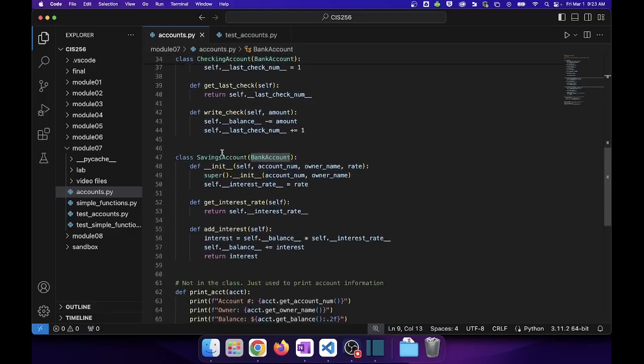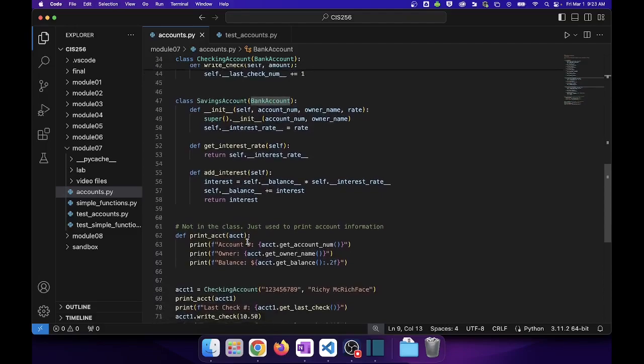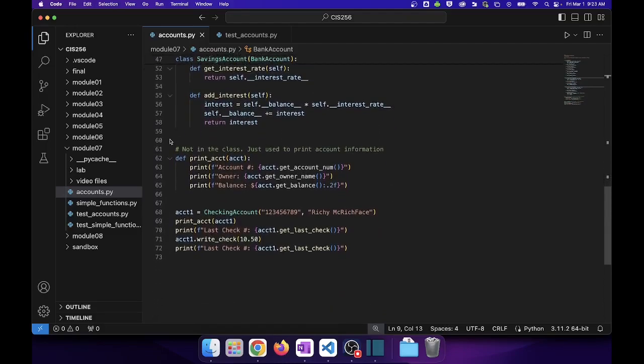And then there's a savings account, which is a bank account that adds an interest rate, the ability to add the interest every month or however often it runs onto the balance. So the details of that aren't particularly important for our purposes here. I do also notice that at the bottom of this, I have a bunch of testing code,